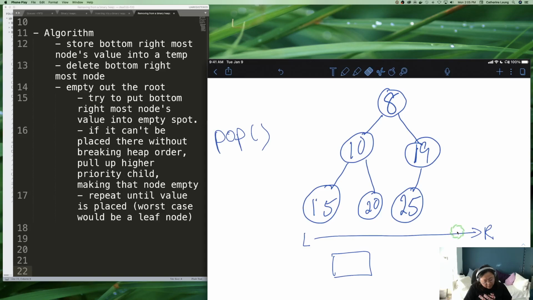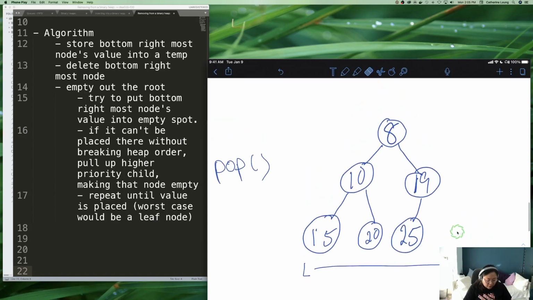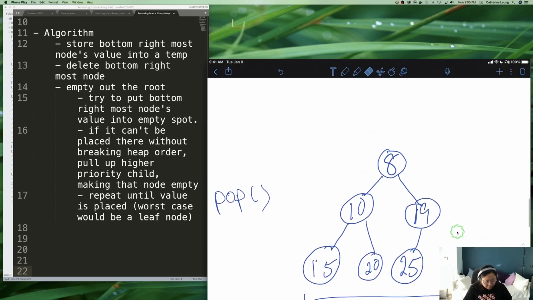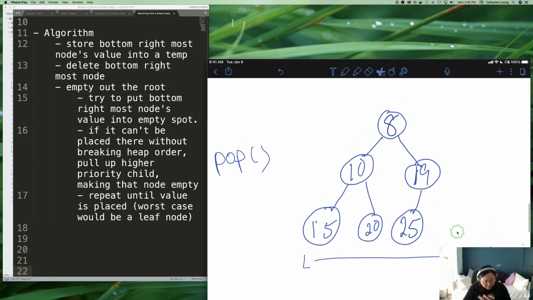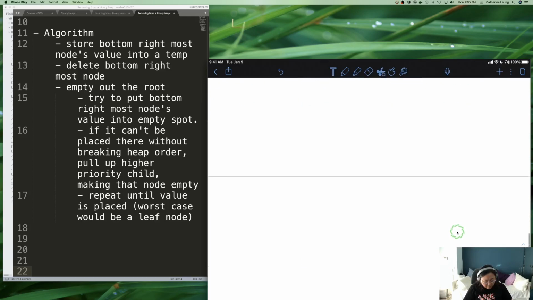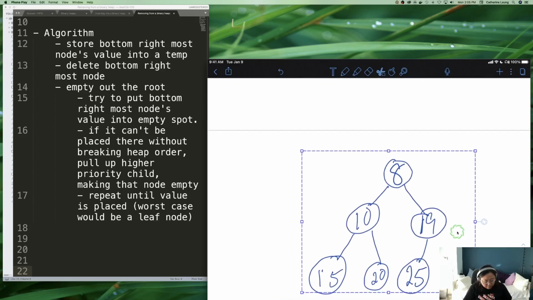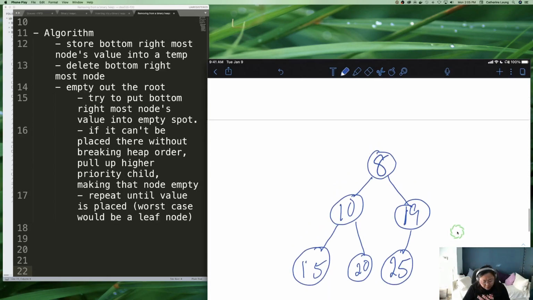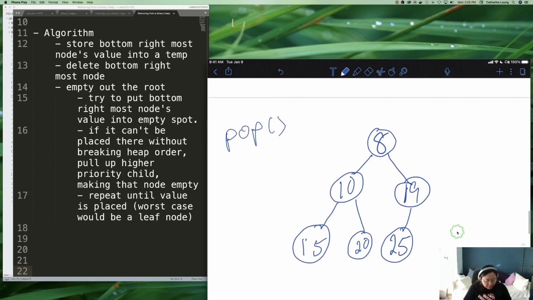Okay? Now, what about the third pop, right? What happens after the third pop? So here's our tree. Here's what we have. Okay, so if we pop again, what do we get? So again,